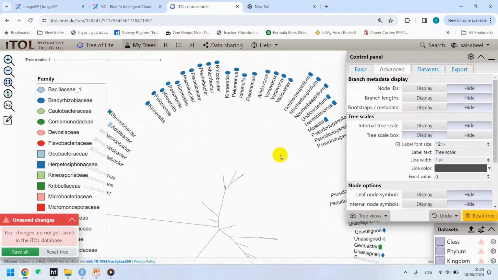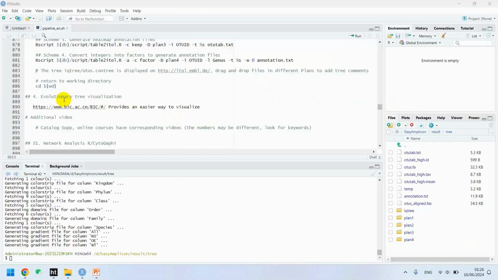So far we learned in this lesson how to generate a phylogenetic tree, how to screen high abundance OTUs data, how to run the commands in RStudio using a local Windows system, and then how to use iTOL software to draw and beautify our phylogenetic tree. So this is all about the phylogenetic tree. Come back to RStudio and execute this code in order to come back to your working directory. And alternatively, you can generate an evolutionary tree, and you can visualize the evolutionary tree by using ImageJP and further